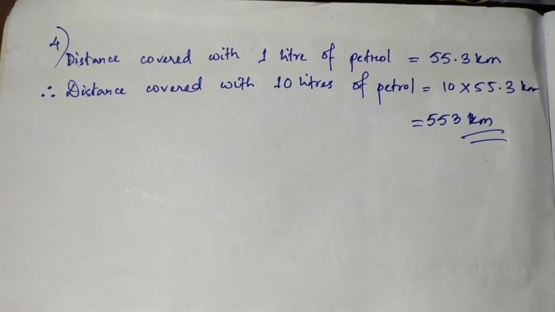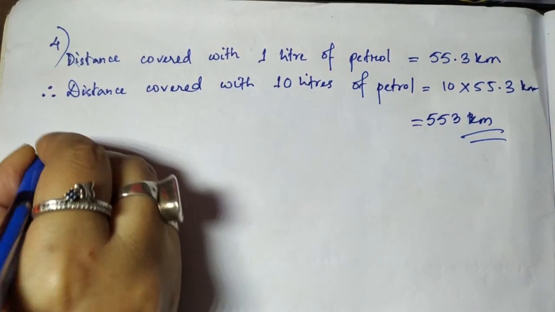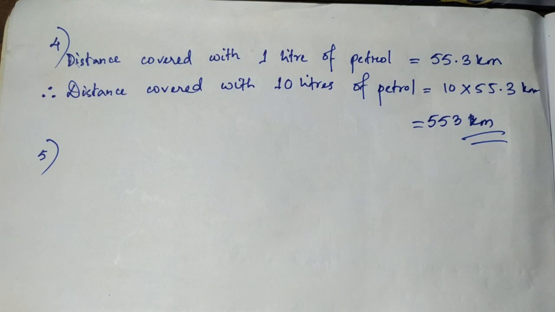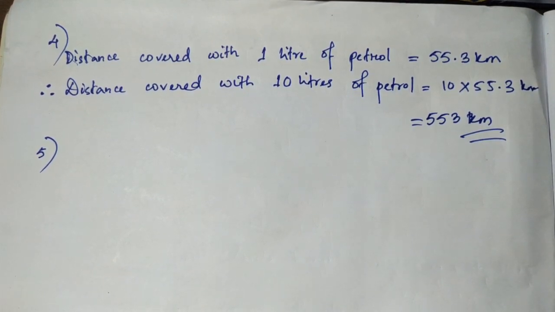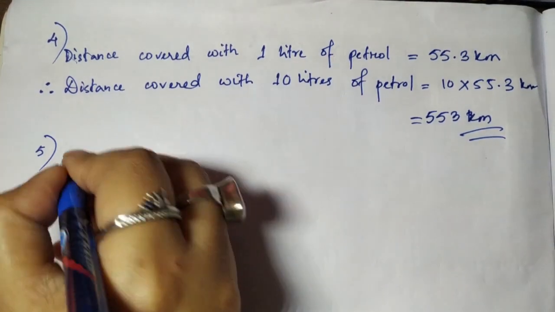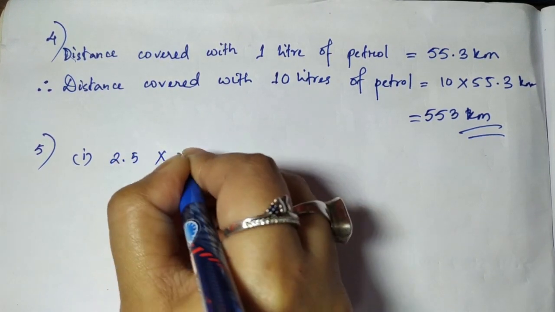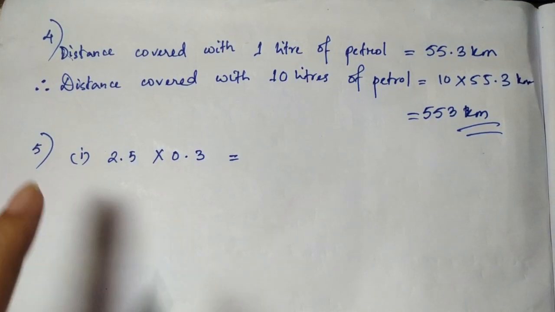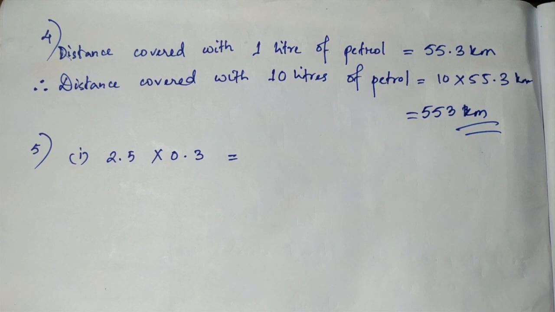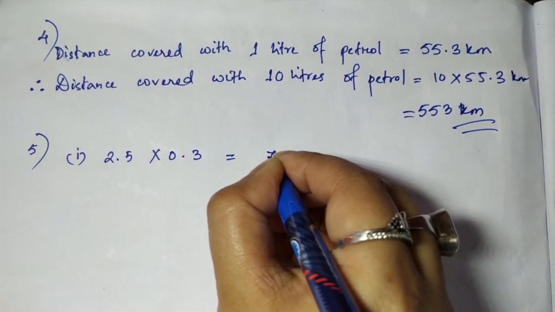Okay, now the last one of this exercise, question number 5, here it is given find. Here also the same thing, it's multiplication of decimal numbers. It's similar to question number 1. Do not worry about that. Let us do this. Question number 5, 1 is given as 2.5 into 0.3. Now you don't have to multiply and show. Okay, this comes for 1 mark question. So 25, think of the number without the decimals, then things become easy. So 25 into 3, all of you know it's 75.